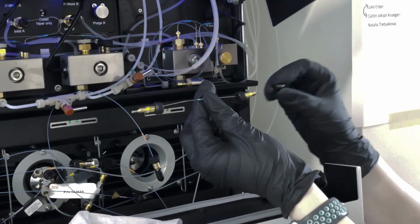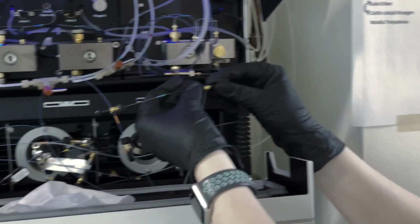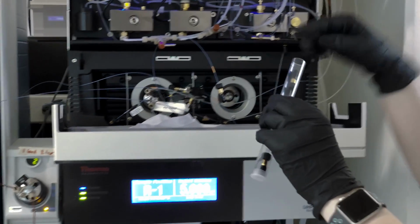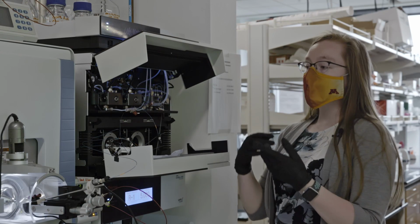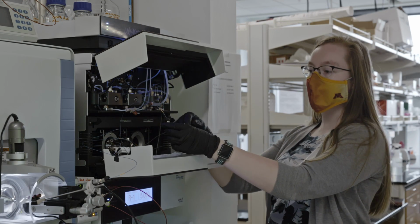We'll replace the caps, and place it back into its storage tube. So we keep this line down here at the left side of the instrument so that it's always available when it's needed. To reattach the plumbing system of the instrument, we'll take the line that we previously took out of